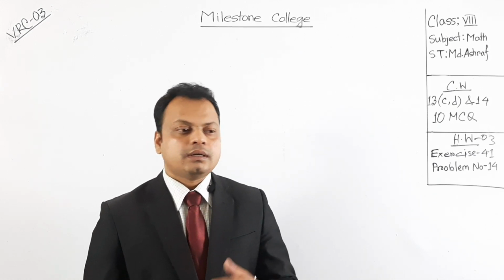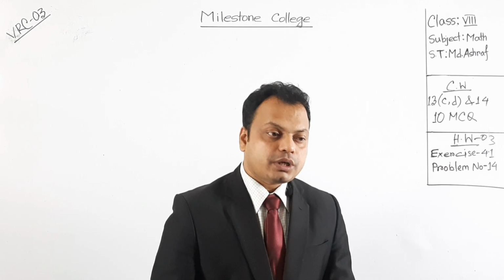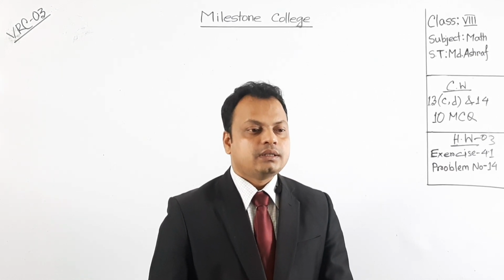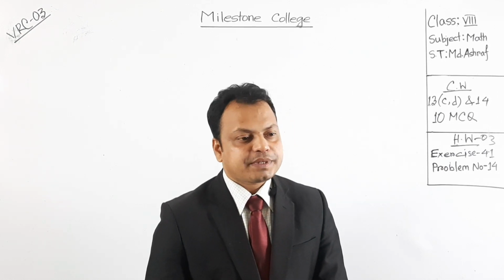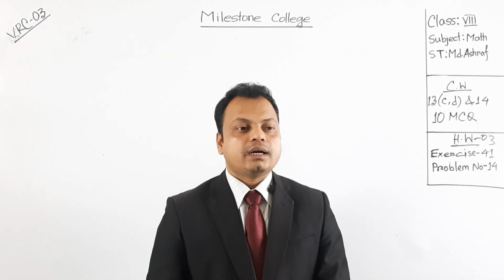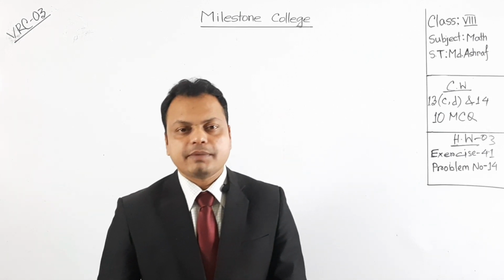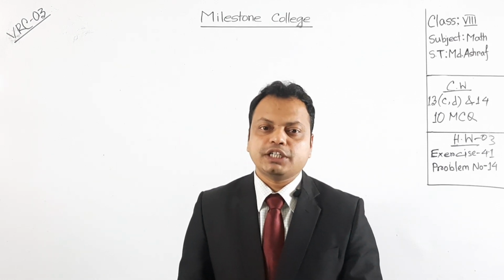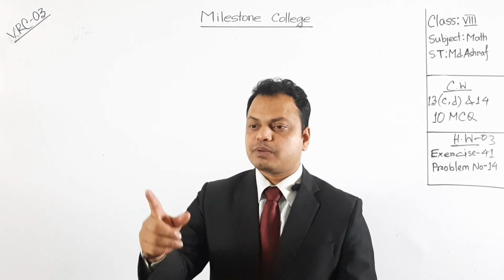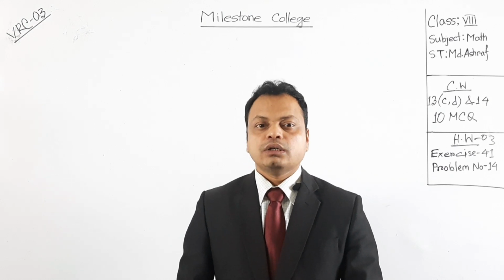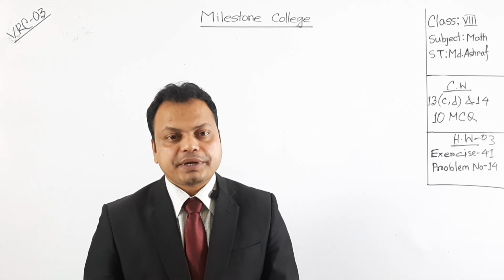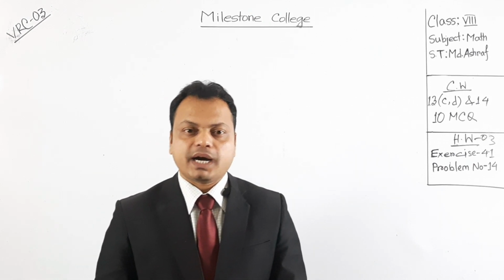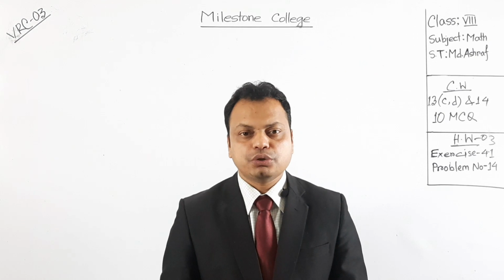Then, what is the formula of a square minus b square? Yes, you can try. Great. The formula of a square minus b square equals a plus b into a minus b. Then last question. What is the corollary of AB? Who can tell? Yes, from the last bench. Good. The corollary of AB equals a plus b divided by 2 whole square minus a minus b divided by 2 whole square.